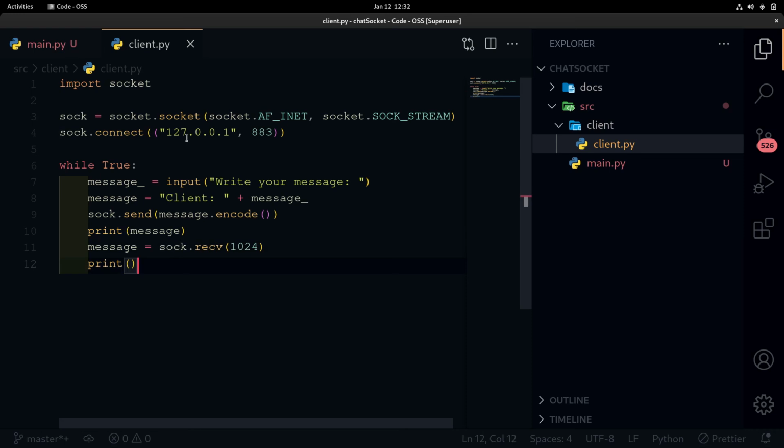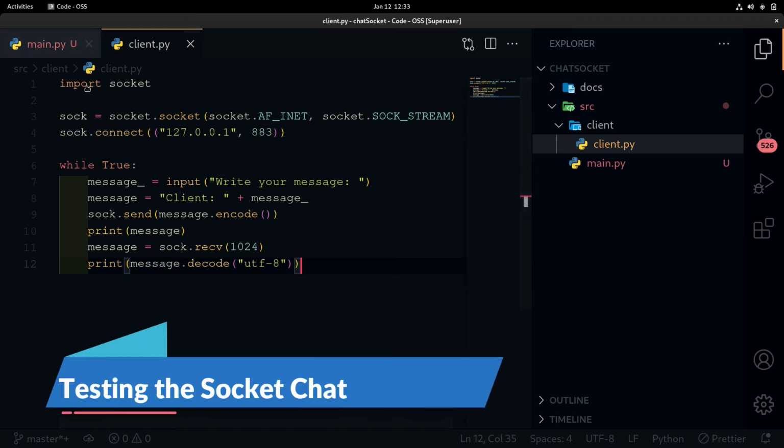When the message is sent, now I want to receive some message. We print the message, but decoded as UTF-8.